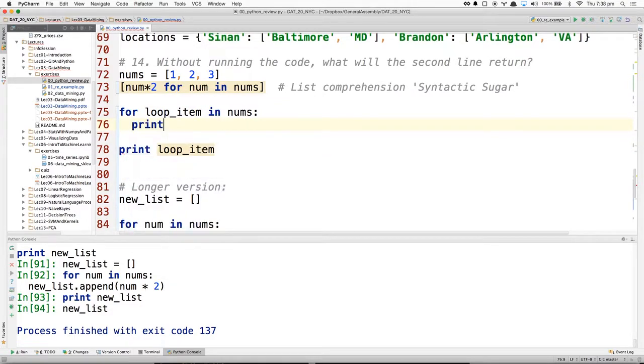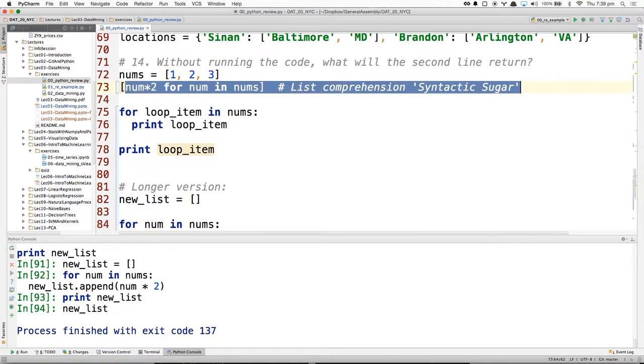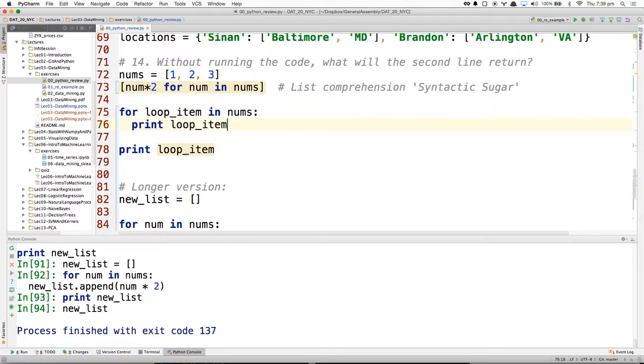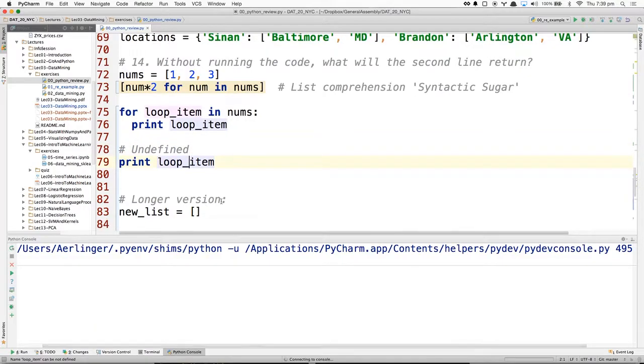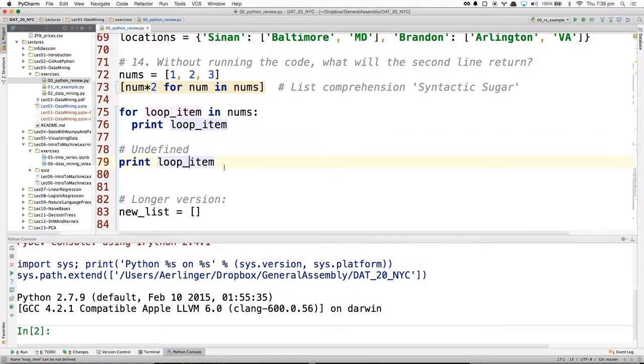So let's say we print loop item. Loop item typically does not exist outside the body of the for loop, except in list comprehensions. So in other words, loop item is undefined here. That's just a caveat to keep in mind. Got it.